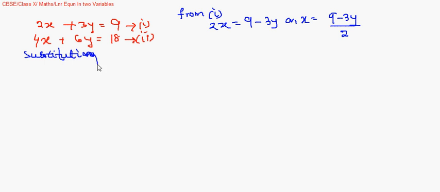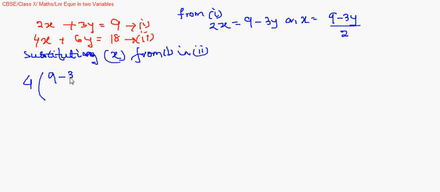Substituting x from equation 1 in equation 2, it will be 4x, where x is now 9 minus 3y by 2, plus 6y. This we generally do to get the equation in one variable, and it becomes easier for us to solve. If I solve and remove the bracket, I get this cancelled, so it is 2